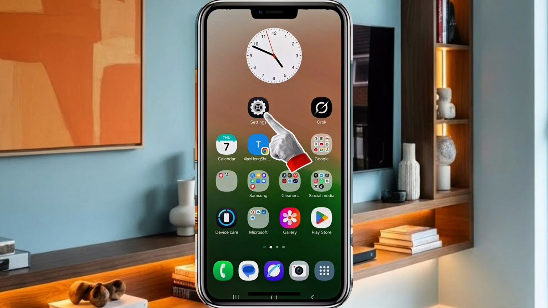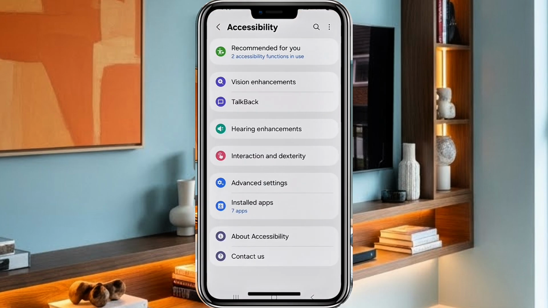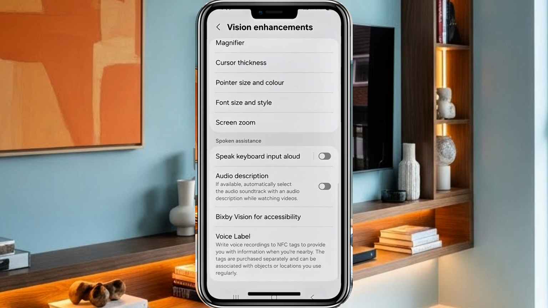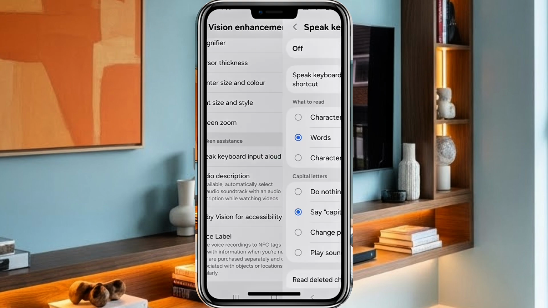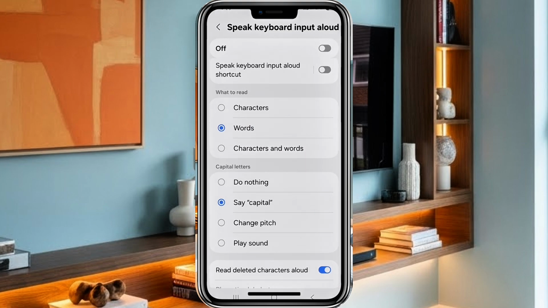First of all, come to the phone settings and launch it and scroll down to accessibility. Click on it to have it enabled. Now come over to vision enhancement. Click on it as well and then scroll down to speak keyboard input allowed. Click on it. Here we have a bunch of settings we need to turn on to improve the input and output